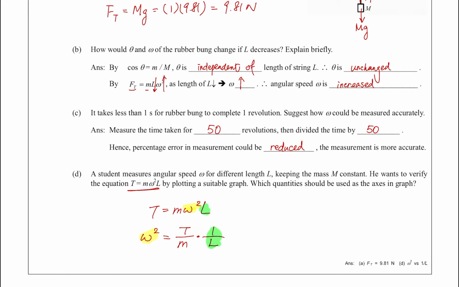So now we are measuring the omega for different L. So L is the independent variable. You vary the length L, make different L. And then omega would be the dependent variable. That is for your measurement. So here, in order to verify this equation, we can put omega squared on the y-axis, and then we have 1 over L on the x-axis. In this case, we should get a straight line graph of omega squared versus 1 over L, and of course T over M should be